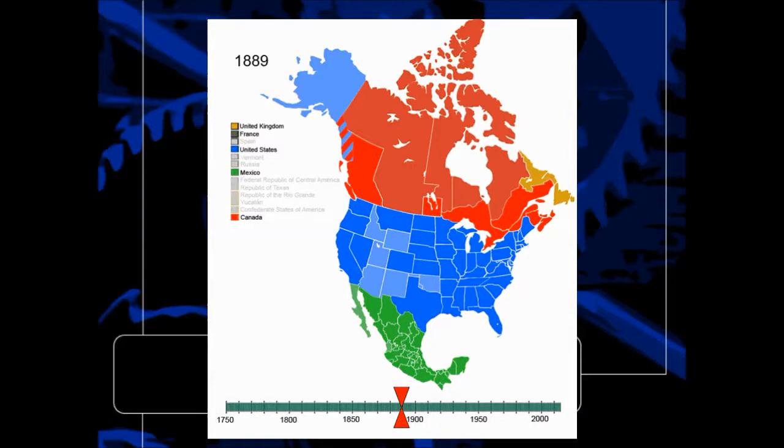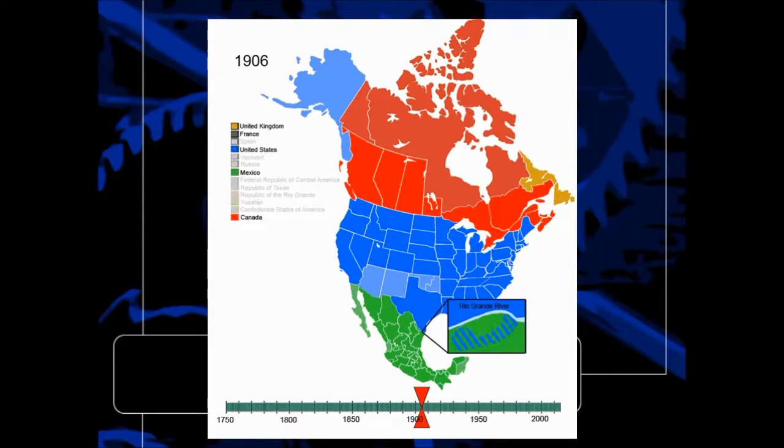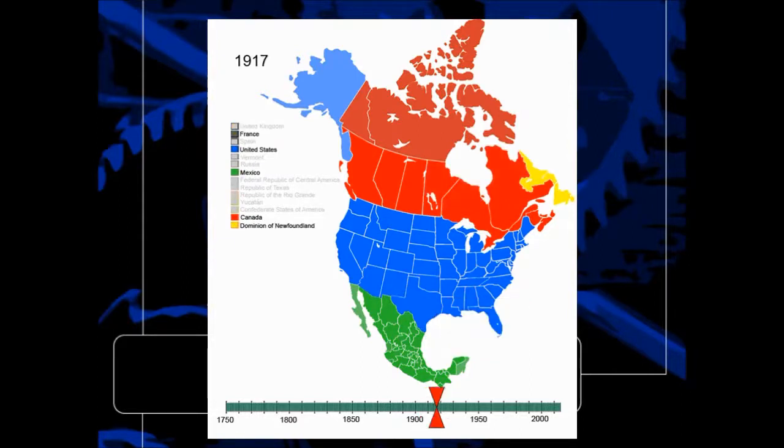It's kind of a slow map, but I do want you to watch it through so you can see how long it took us to get all of our states lined up. There you go. We get the Rio Grande River. Stole it pretty much from Mexico. Still not quite done yet. There's still some other countries.